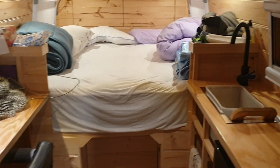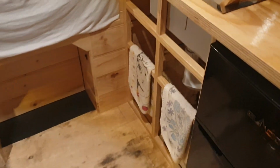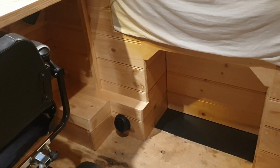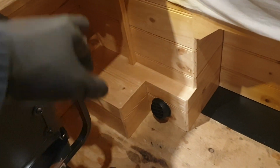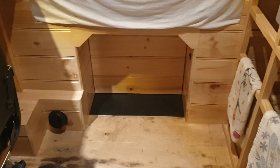Beautiful. So we've got the sink up and running. I can't even remember the last time with the update. Oh, that's right, I had all that open in there last time. Well, I closed it all up with the diesel heater vent down in there. We've got the wheel arch sneaking across through to here. That's all been foamed out. We've got a nice panel,